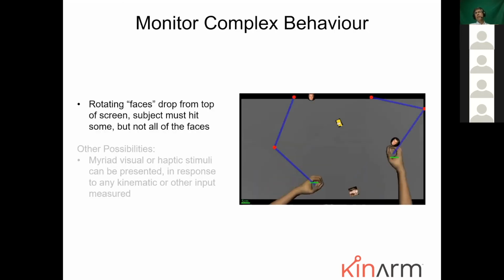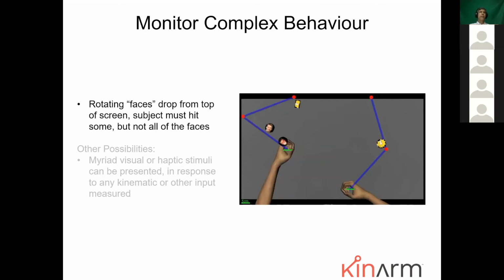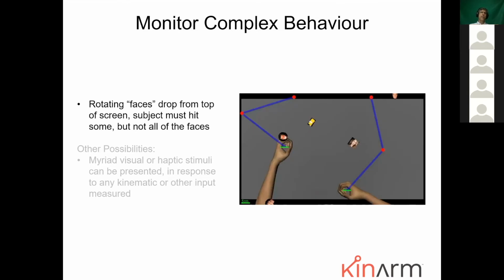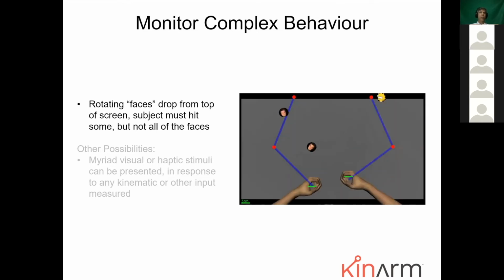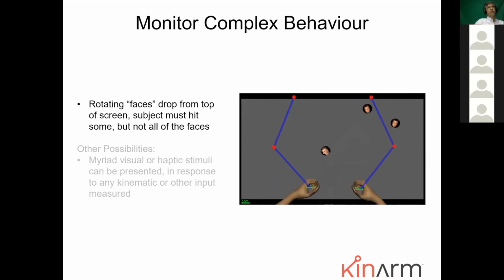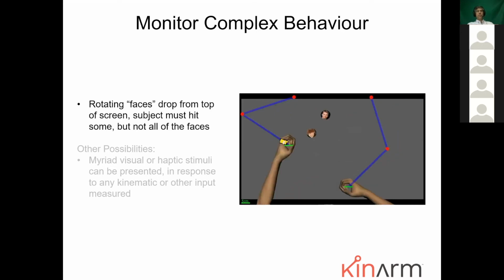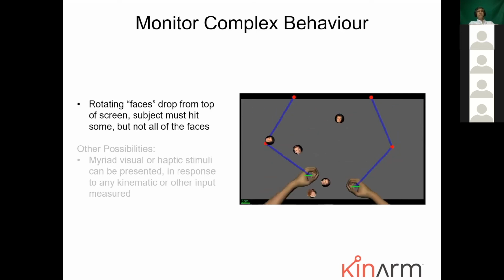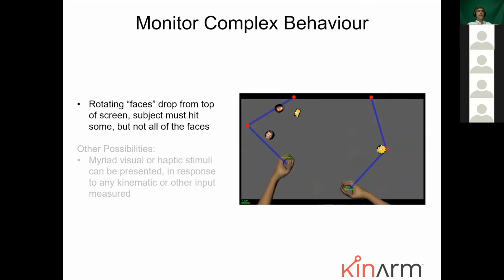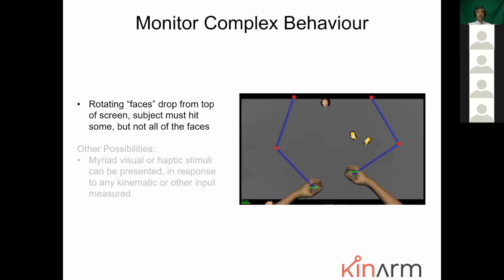You can also develop tasks to start analyzing more complex behavior. What I showed you earlier are just very simple things, simple reaching, but you could create something more. In this example, the subject was instructed to hit some of the faces, but not other ones. The point here is that you can have visual stimuli that move around, and depending on what they look like, you can have the subject perform different behavior. You can't tell in this case, but the subject actually gets a little bump every time they hit one